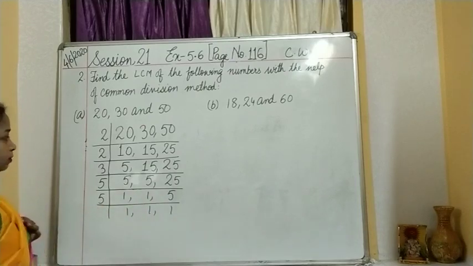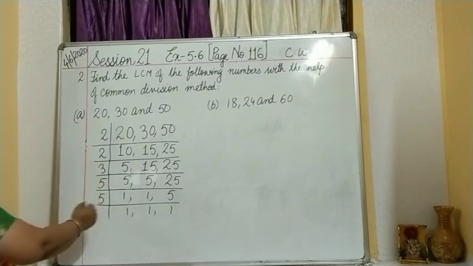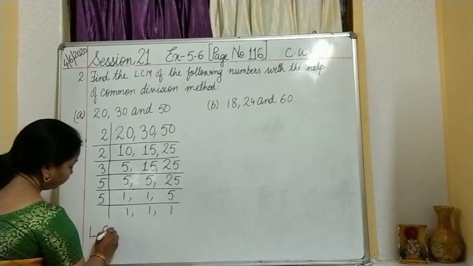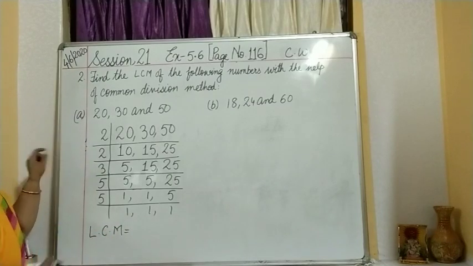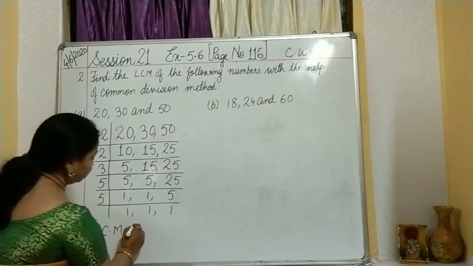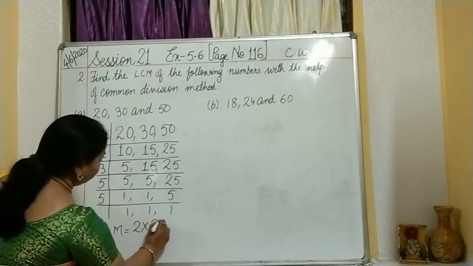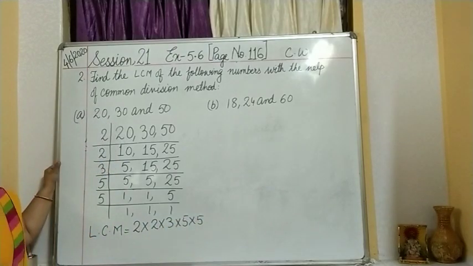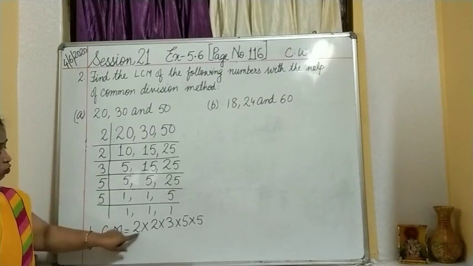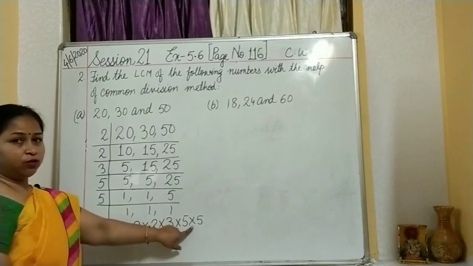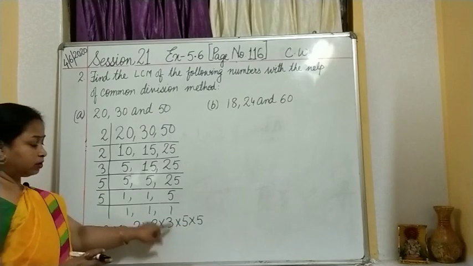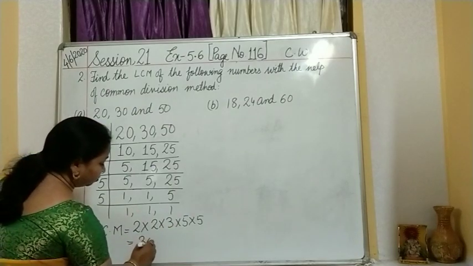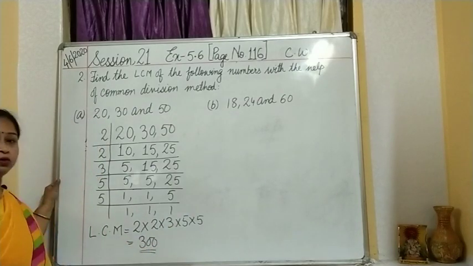Now what about the LCM? All these prime factors we have collected together. Now all these numbers will be multiplied. So instead of doing it separately, we are doing it together. So what are the numbers? 2, 2, 3, 5 multiplied by 5. Easy now. There, more work, and here, less work you have to do. So 2 multiplied by 2 is 4. 5 multiplied by 5 is 25. 25 4s are 100. 100 3s are 300. So by breaking this also you can get your answer. So 300 is your LCM.